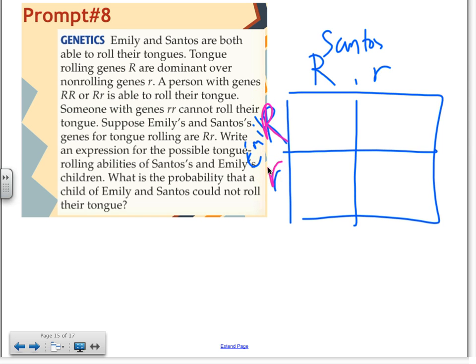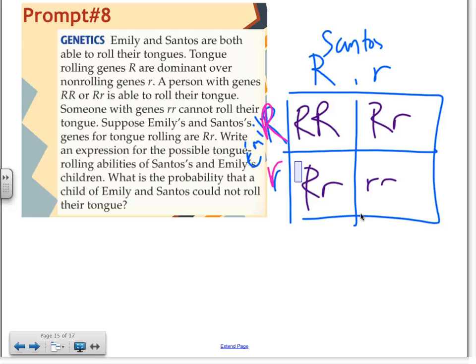So let's cross them. What do you have in here for our first box? Big R. 2 big R's. Okay, 2 big R's. What else? Big R, small r. For which one? The right hand side? Right. Okay. Big R. There you go. What about the bottom? Big R, small r. Okay, so big R, small r, and this? Small r. Okay, so based on this table,